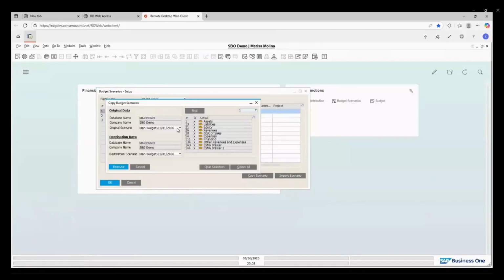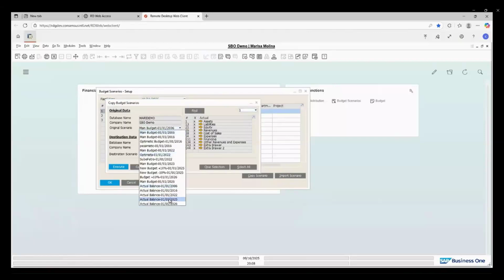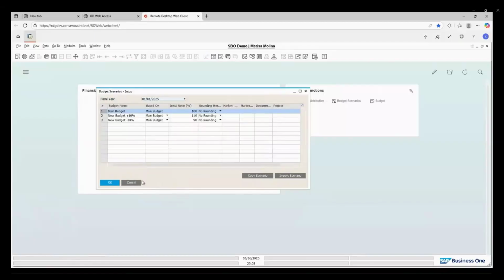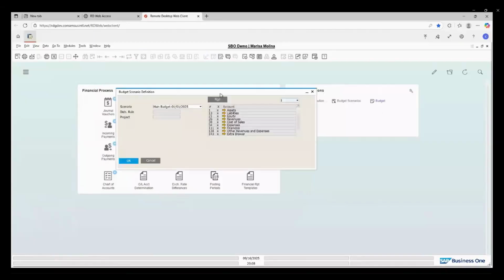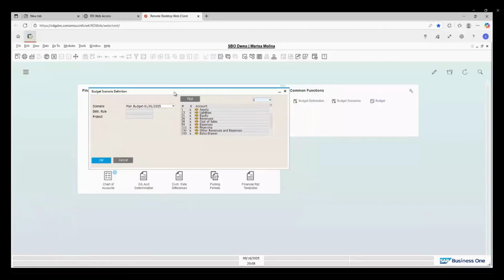You can copy scenarios from one year into the other one at any time, but okay, we already created this, so that is already done. Okay, and finally, it is assign the amounts. So when you're here, you see that, okay, I have main budget, the different years, those main budgets are always in red, the font is red.